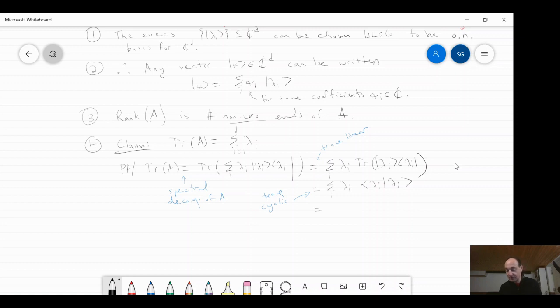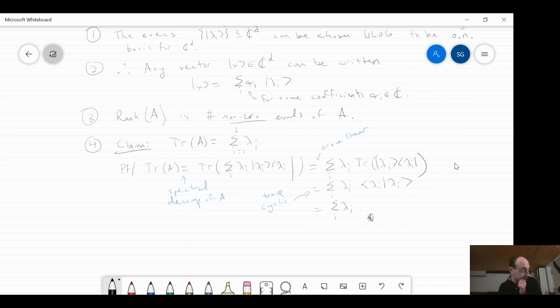And, well, this is just the inner product of the eigenvector with itself. We're going to always assume, remember, that the eigenvectors are chosen to be orthonormal. And so that means that the inner product of the eigenvector with itself is just 1. It's a unit vector. And so what you get is the sum over I of lambda I, as claimed. That's exactly the expression I claimed. So using all this notation we've developed in the spectral decomposition, we can prove a very nice relationship between this linear map, the trace of A, which is going to be very important in this course, and the eigenvalues of the operator A. It's just the sum.